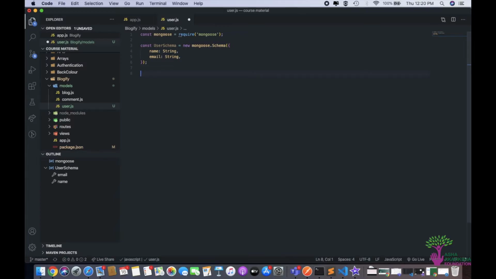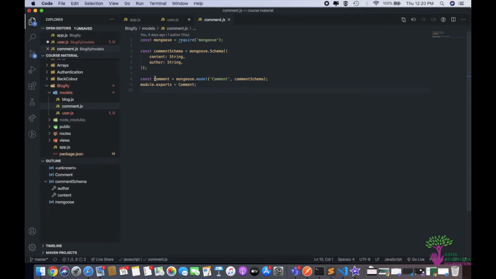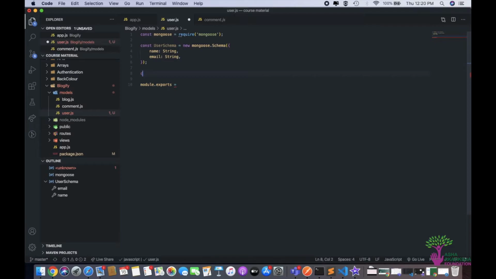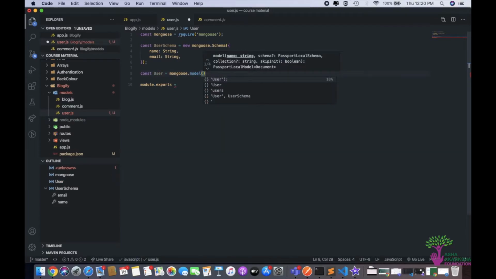Excellent. So now, like always, we'll have to do module.exports is equal to, there's one thing left in this, but we'll get to that in just a moment. So mongoose.model, again we could do that here, but I always like it if we follow a specific convention in a specific code. And if we see here, we have first created the model and then exported that one name, right? So anyway, I'll do const User is equal to mongoose.model, and it will be